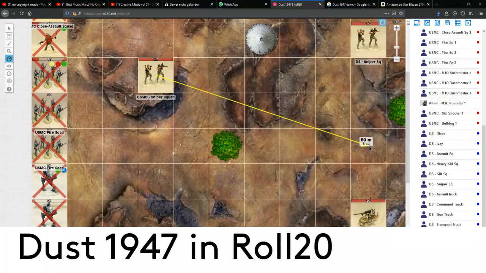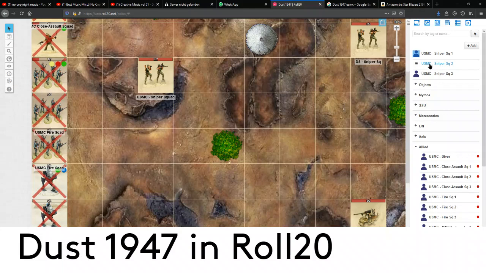But now I have to count on myself to 7, to 8 squares, and to 9 squares, which is one more than my sniper rifles could shoot at, and the 3 is line of sight blocking, so I can't even see them. So I have my USMC sniper squads,